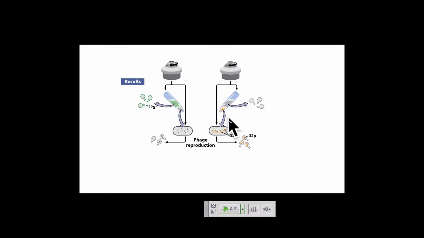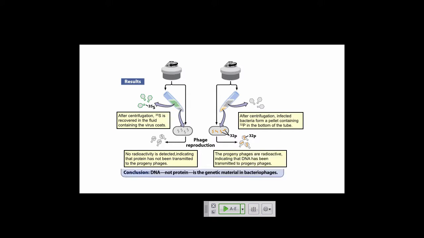So it was the DNA that got transferred into the cells, and in fact, they even found that some of the progeny phage that were released after the cell was lysed still had some of the radioactive DNA. So the same DNA that had been injected into the cell was getting reused and packaged into another phage. Okay, but this gave us another line of evidence that says DNA is the genetic material, and not protein. So that pretty much at that point put the whole question to rest, and the idea that proteins would encode the genetic information finally died the death that it deserved.